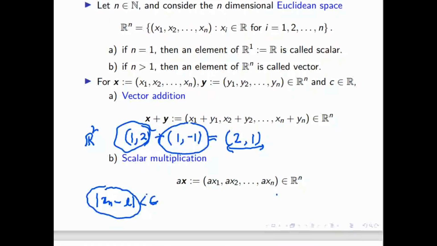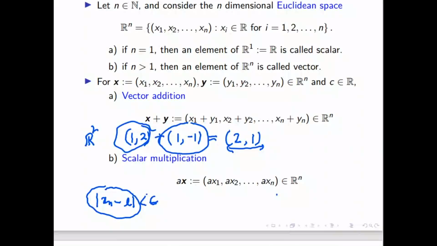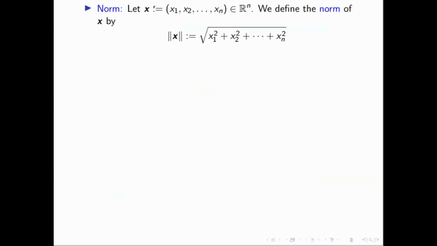Square root of (x2 minus x1) square plus (y2 minus y1) square. Yes, so we are using the distance formula. The same thing that we call mod in R, the same thing in Rn. Rn means R2, R3, even R4, R5, higher dimensions also, that is called norm. And the definition of norm is this one.